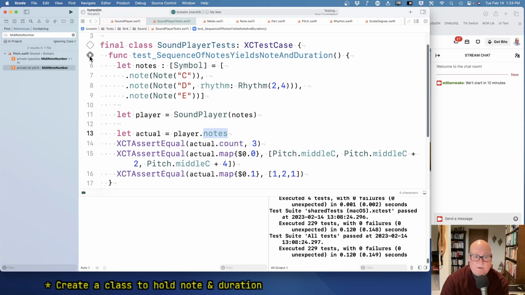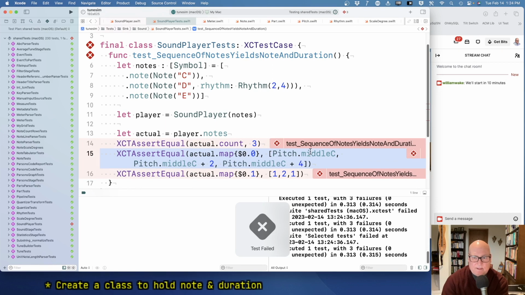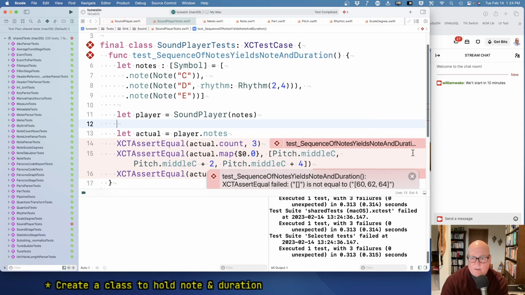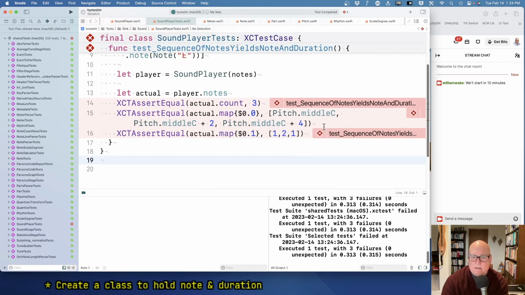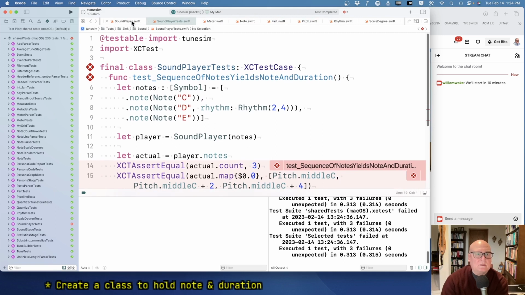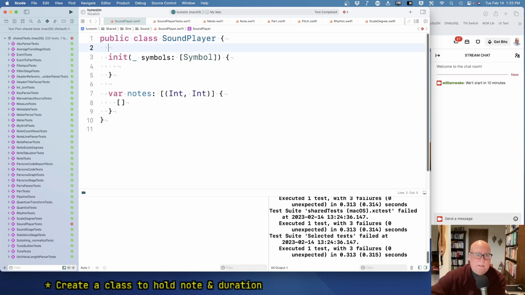Okay, this test should fail. This line will fail and then it'll crash on these, I think. Maybe not. It's an empty list. Yeah, okay, they're just different. Okay, so 0 is not 3. Empty list is not equal to that list, and empty list is not equal to that list. All right, so well, we need to store,